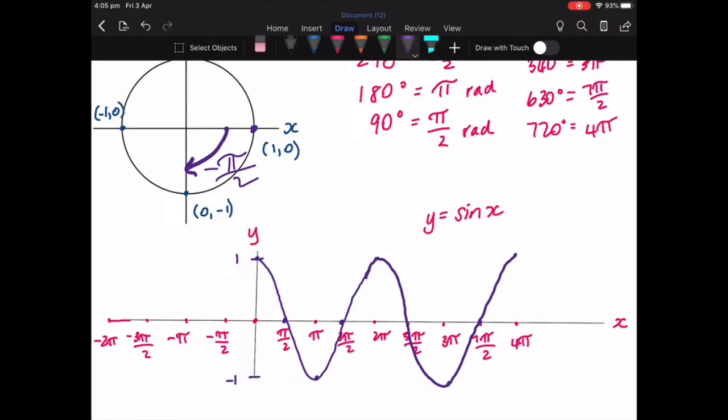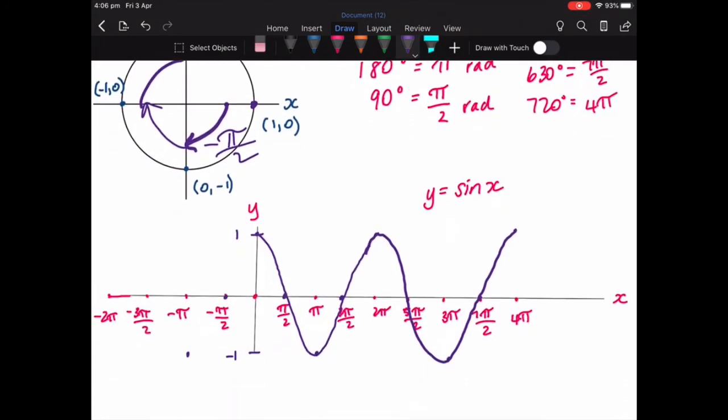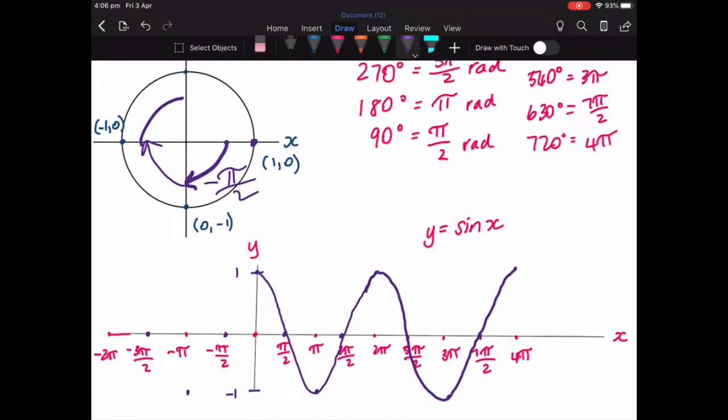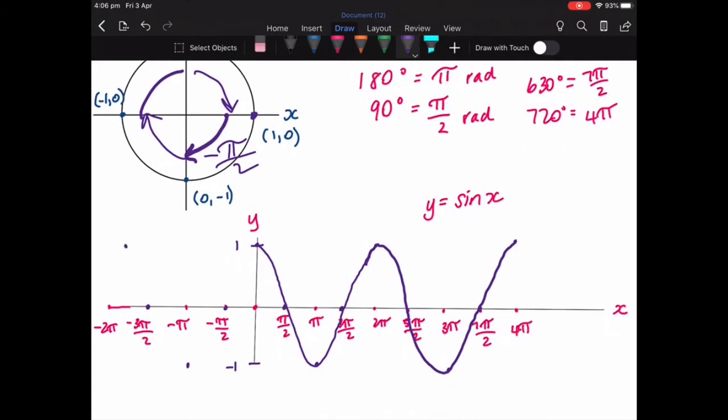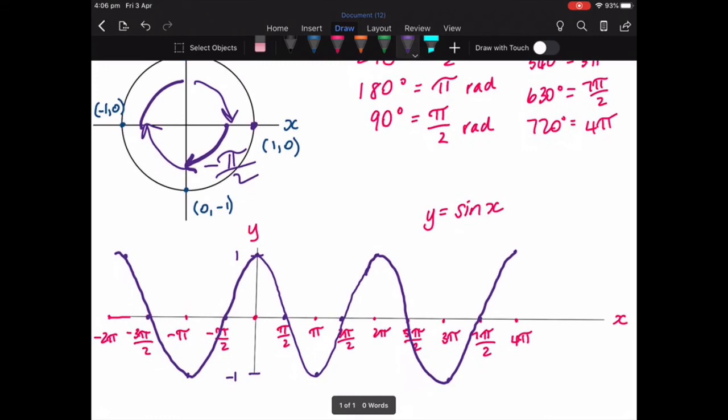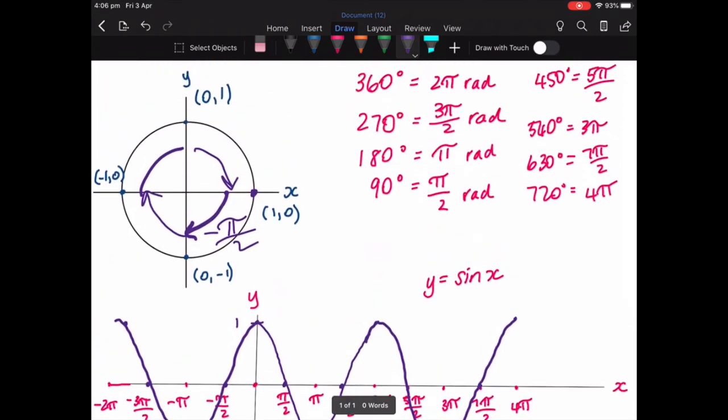All right, and you can see when the cosine of theta is 0. Okay. And then up to here, the cosine of theta is -1. And then up to here, the cosine of theta is 0. And when it comes back to a full rotation, so it's gone -2 pi all the way around the circle, and it goes back to 1. So this graph also continues into the negatives. Okay? All right. Let's do the same thing now for